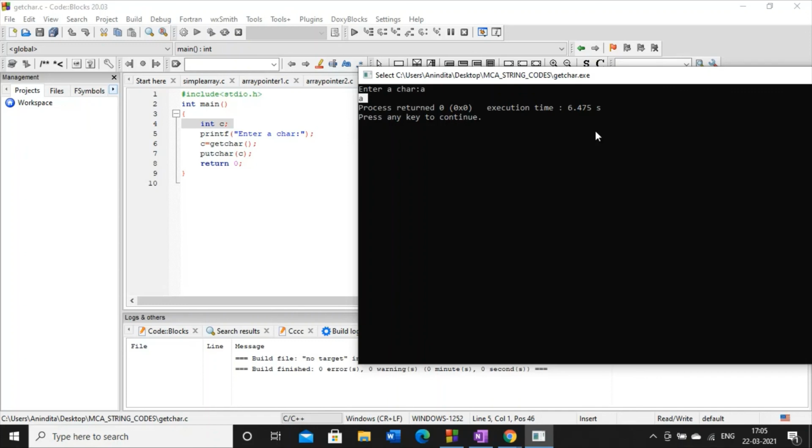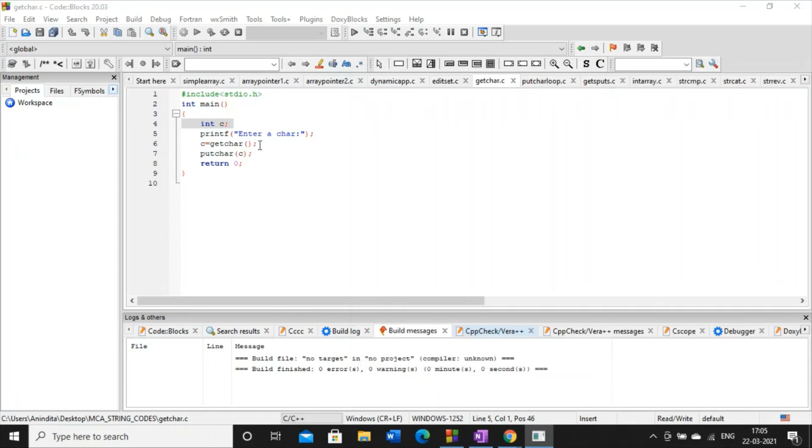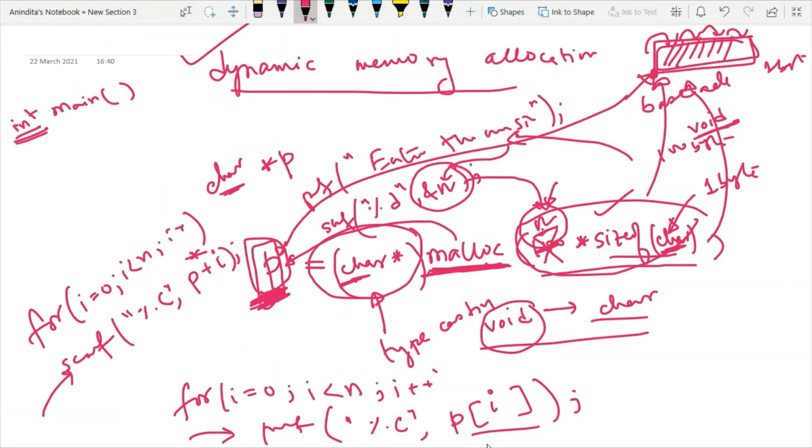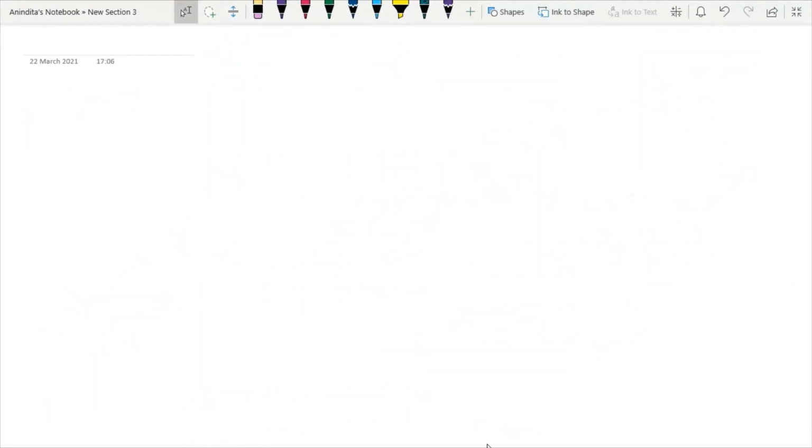So there is one interesting point. getchar is a function, and this function is an inbuilt function in C. Means this function is not defined by us. Since I am talking about functions, I have explained that each and every function should have a return type, either void or int.